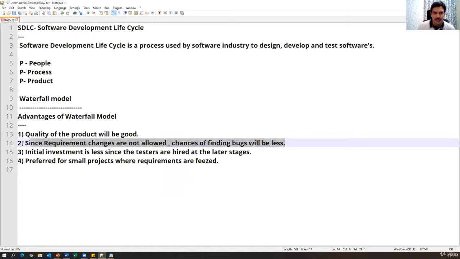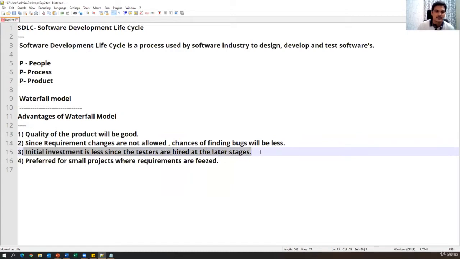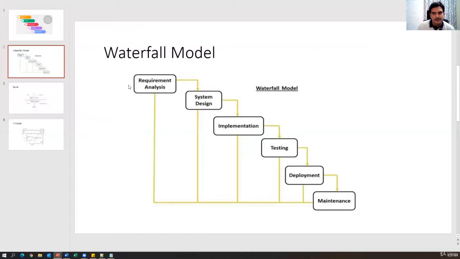So that is one of the advantages of the waterfall model. The next advantage is that initial investment is less, since the testers are hired at the later stages. What does that mean? If I look at this model once again, each and every phase has a different